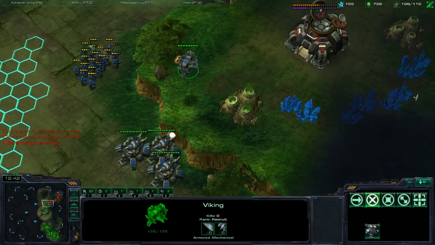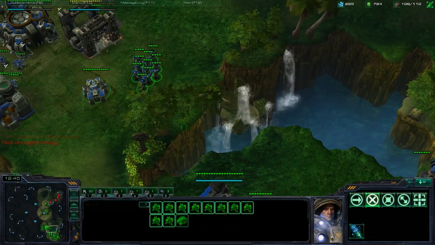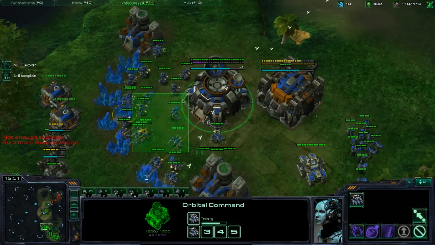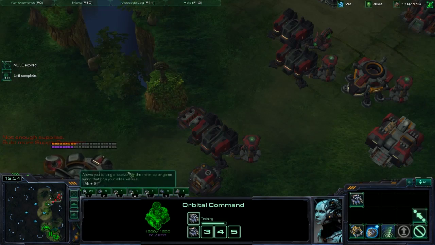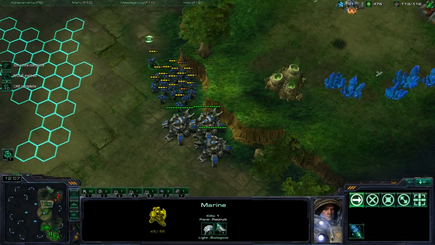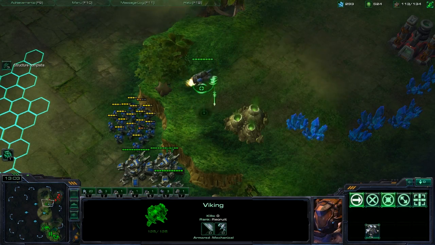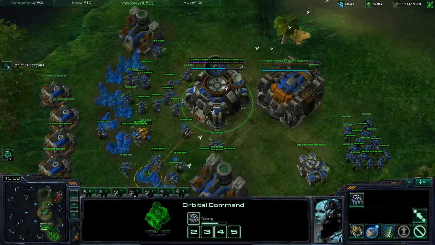And we're in a very good position. Very, very good position. We've got reinforcements here. We've got medivacs coming now, actually, as we hotkey up our starport. And everything's looking very, very beautiful. What we can do is stim a single marine to the north to check if he hasn't expanded at the top there. And we'll put this Viking on hold position there and just keep building units, because okay, he has